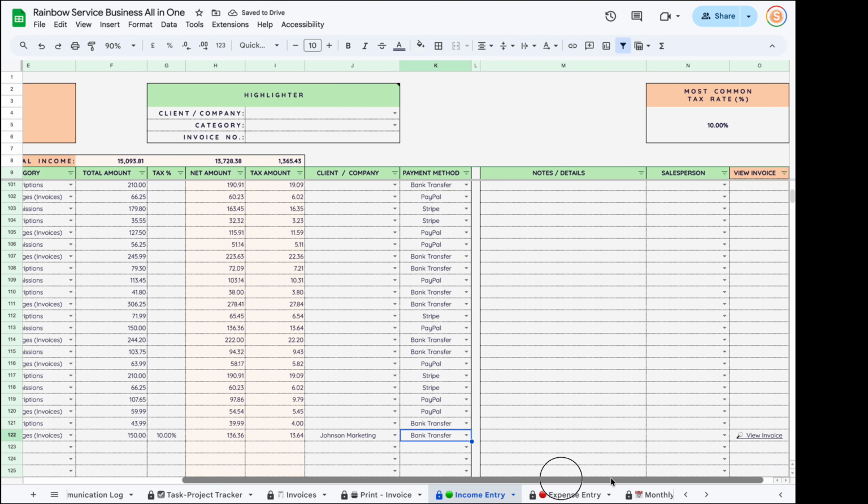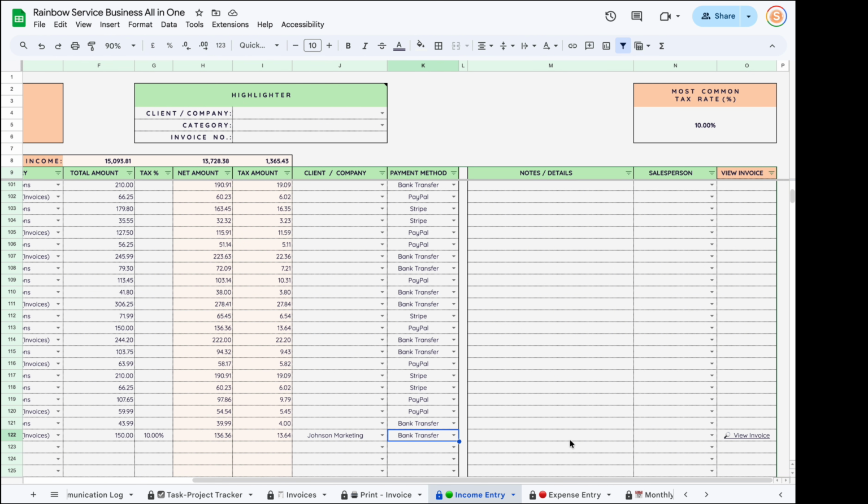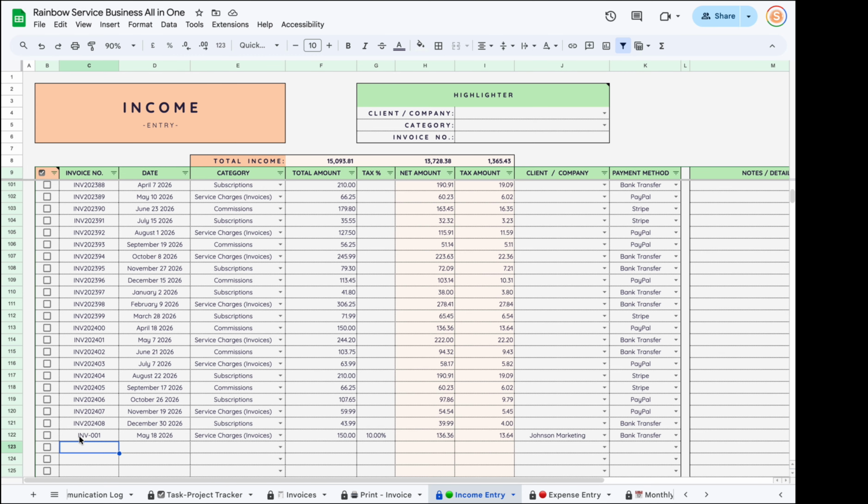Okay, any notes and details, and if we had any salesperson or someone that we have to assign to that income, let's say Jane. So now, if the template sees a reference for that entry with an invoice, it gives us a view invoice clickable cell over here. The match is happening based on the invoice number. So if I had just invoice 01,